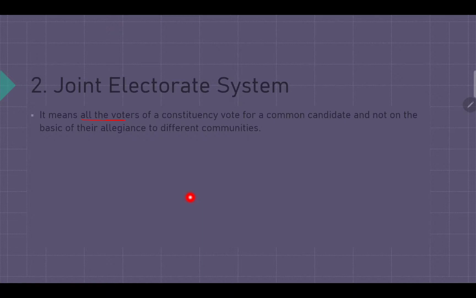Moving forward, now let's understand what is joint electorate system. It means all the voters of a constituency vote for a common candidate and not on the basis of their allegiance to the different communities. So joint electorate system means that all the voters of one constituency vote for one common candidate. So if this is a candidate, there are numerous people who are 18 years and above. What happens? These people will cast their vote for